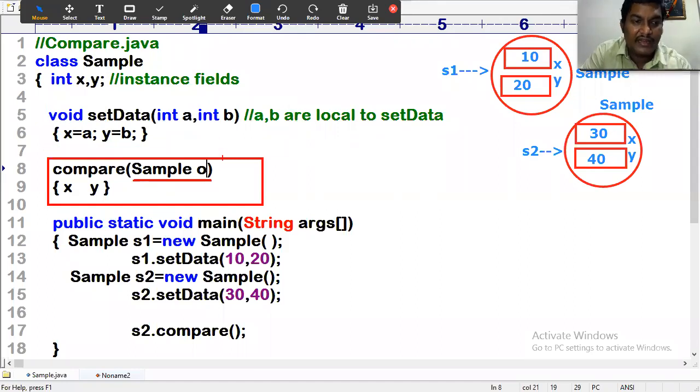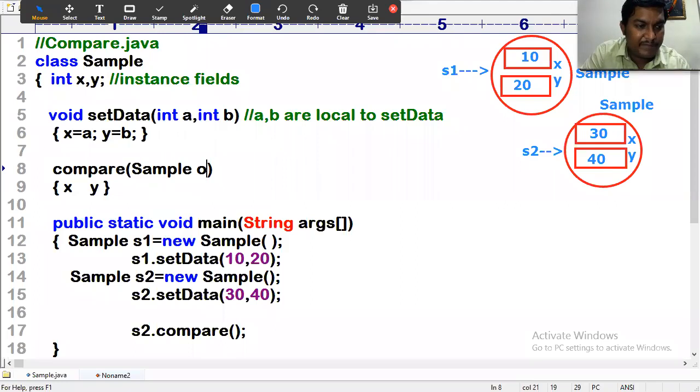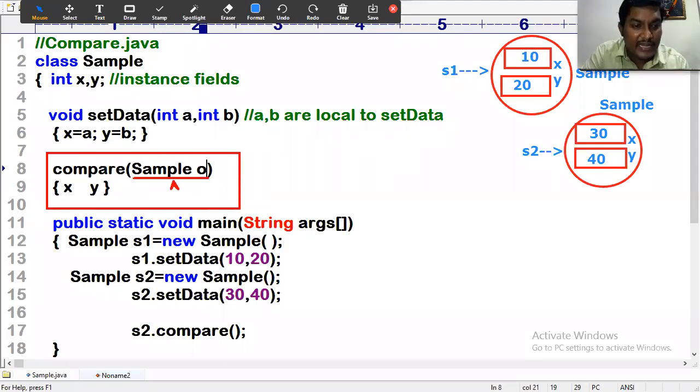Similarly, to call the compare method, we must pass an argument of Sample type. What are the Sample types here? We have S1, which is Sample type, and S2, which is Sample type. Now you decide what you want to pass. You can pass either S1 or S2.